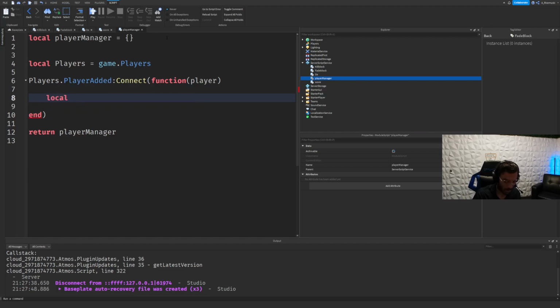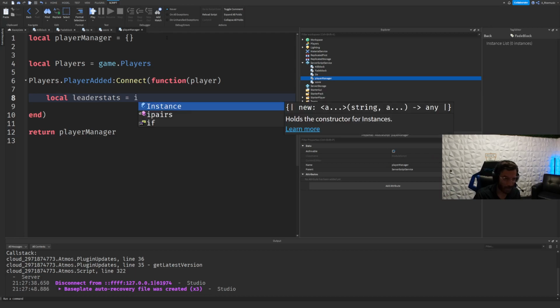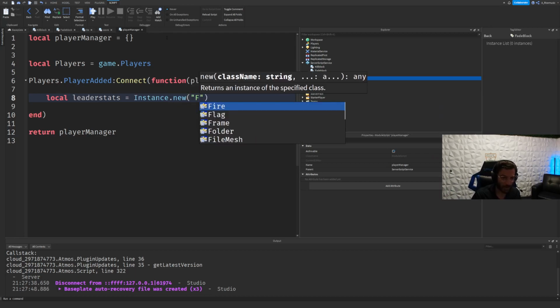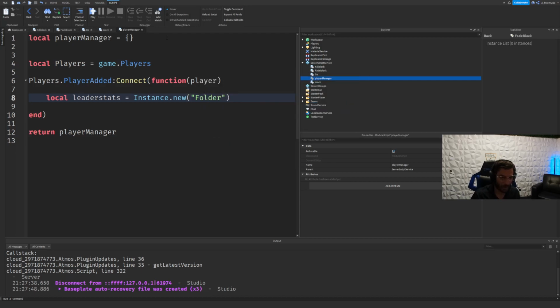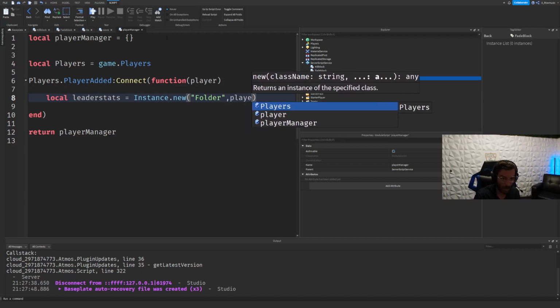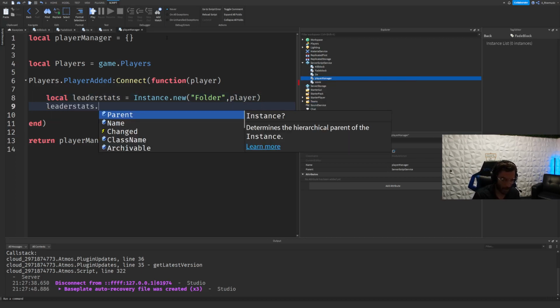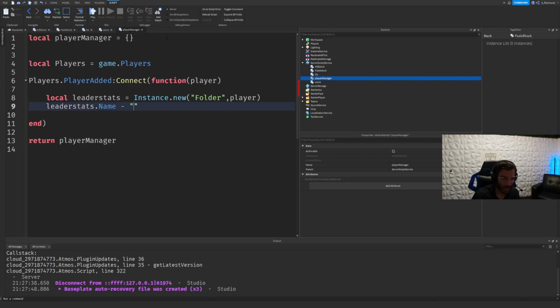So I'll go ahead and do local leaderstats equals Instance.new, and we're going to do a Folder, and that folder is going to be parented to the player. So player. Okay, and leaderstats.Name has to be leaderstats here, leaderstats. Okay, then